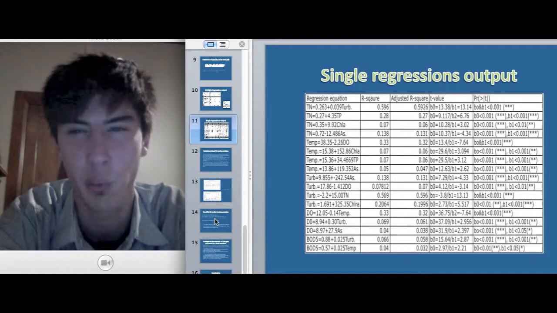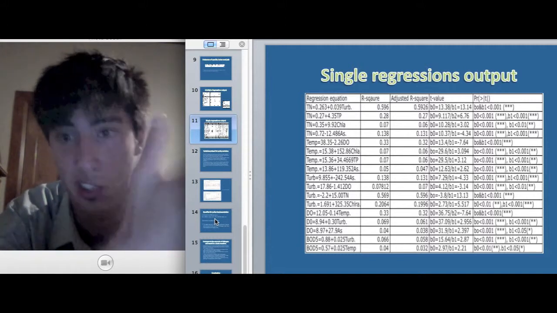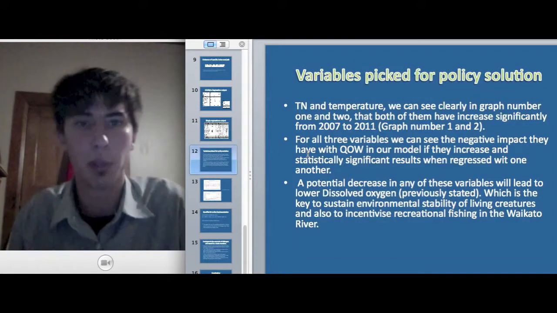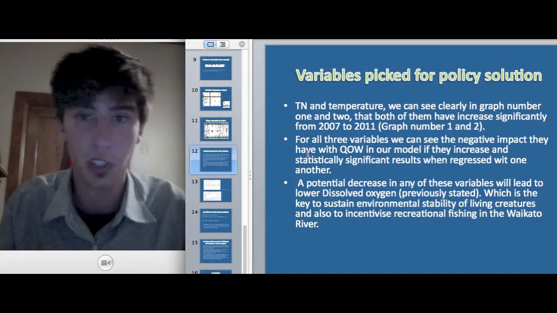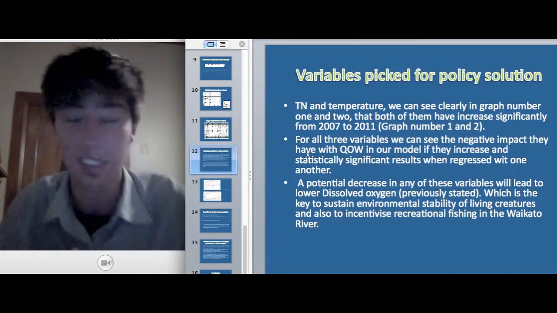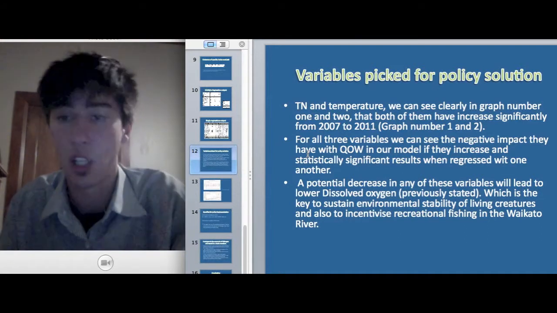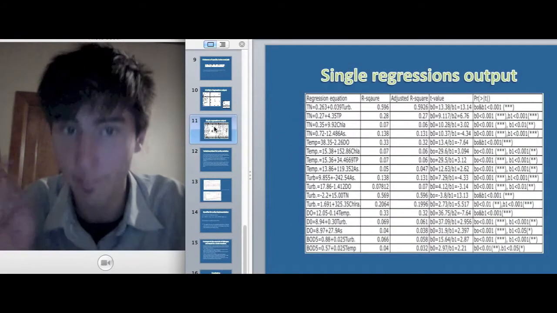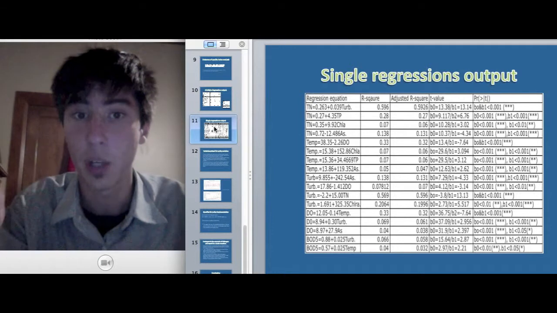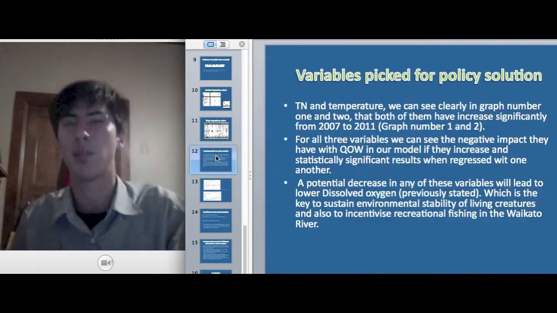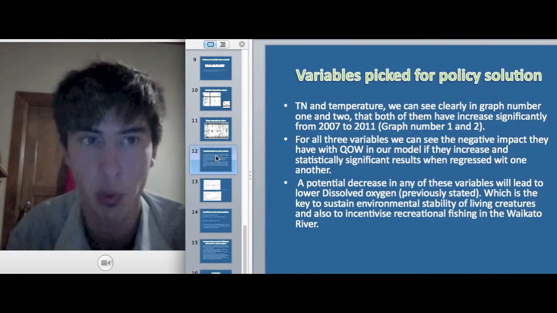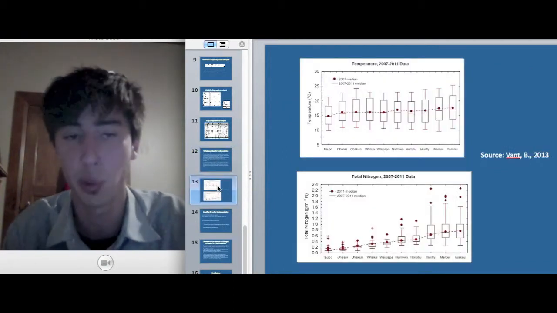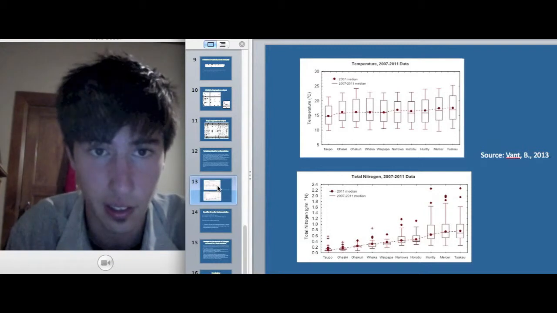And for all three variables, we can see a negative impact in our multiple regression model, and also in our single regressions we can see how they are statistically significant. If we run single regressions between these independent variables, a potential decrease in any of them will have a huge impact on dissolved oxygen, which is what we want. We want higher dissolved oxygen to increase the amount of fish in the water and improve water quality. So, for specifics of policy implementation, we want to increase the